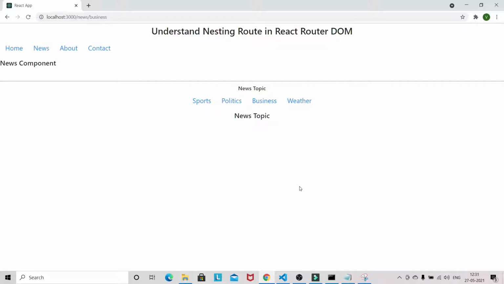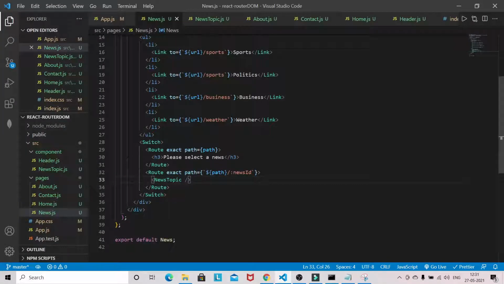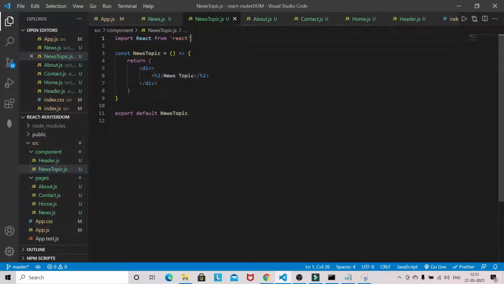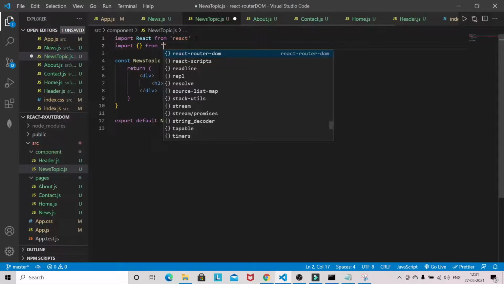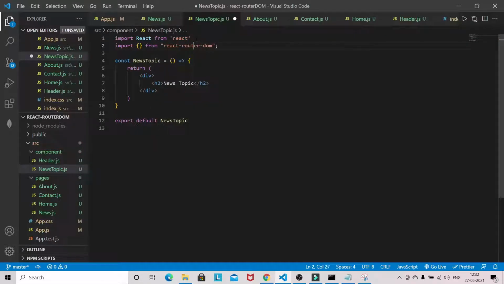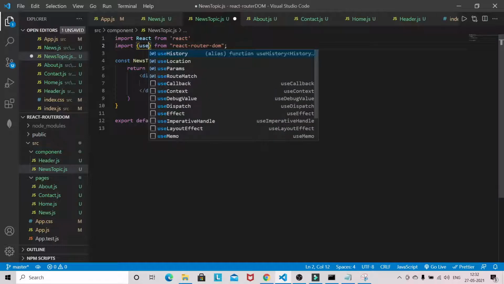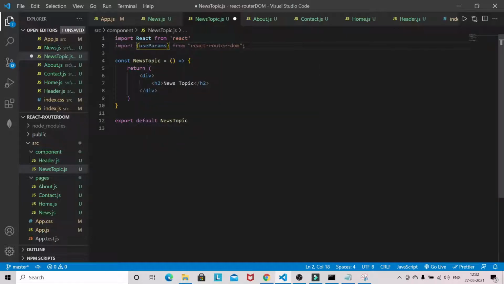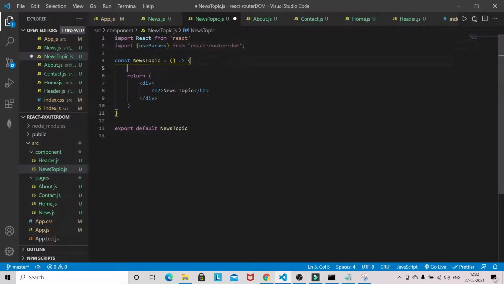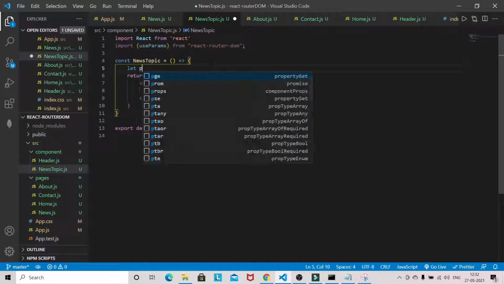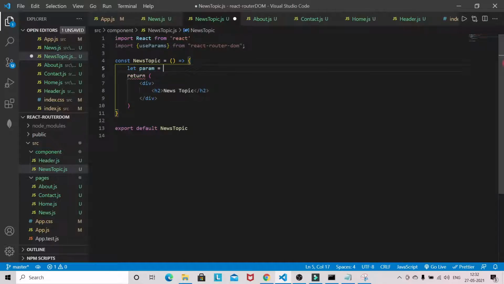We can do that with the help of useParams. useParams is basically used to extract the URL parameters. First, I will show you in the console how it works.